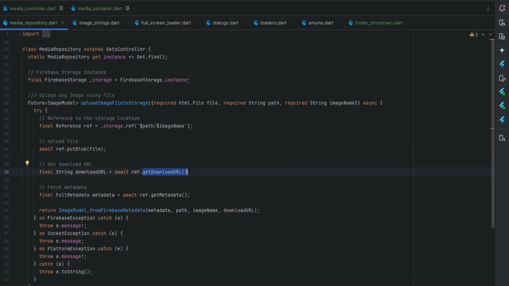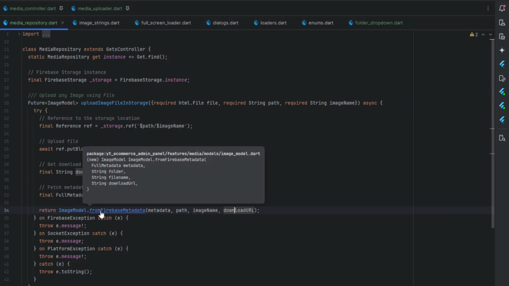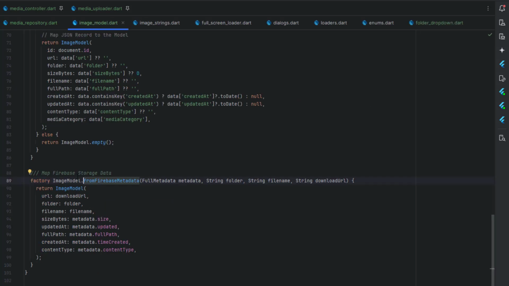This way, we can access all the global images which are available inside our Firebase storage. We have that URL, and we can also request the metadata of that image using the same reference. Now we have that metadata, and if you remember, the image model is over here. To get the metadata, get the path, image name, and download URL, and we are going to pass this to this image model function, which is the last function in the image model, or you can call it a constructor,